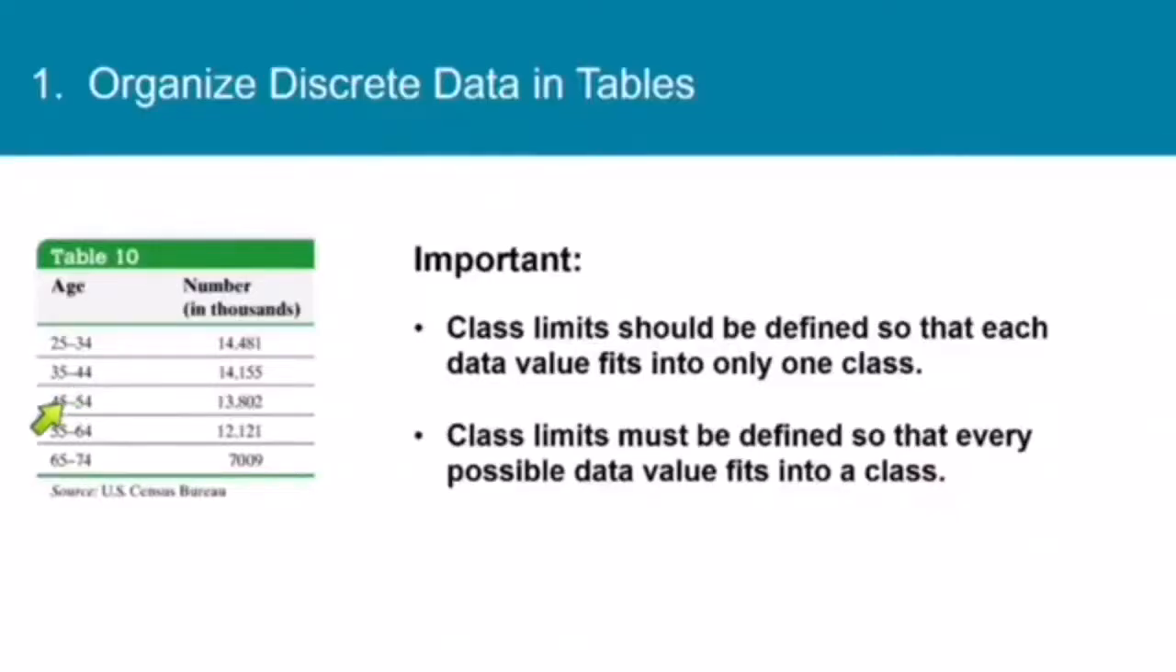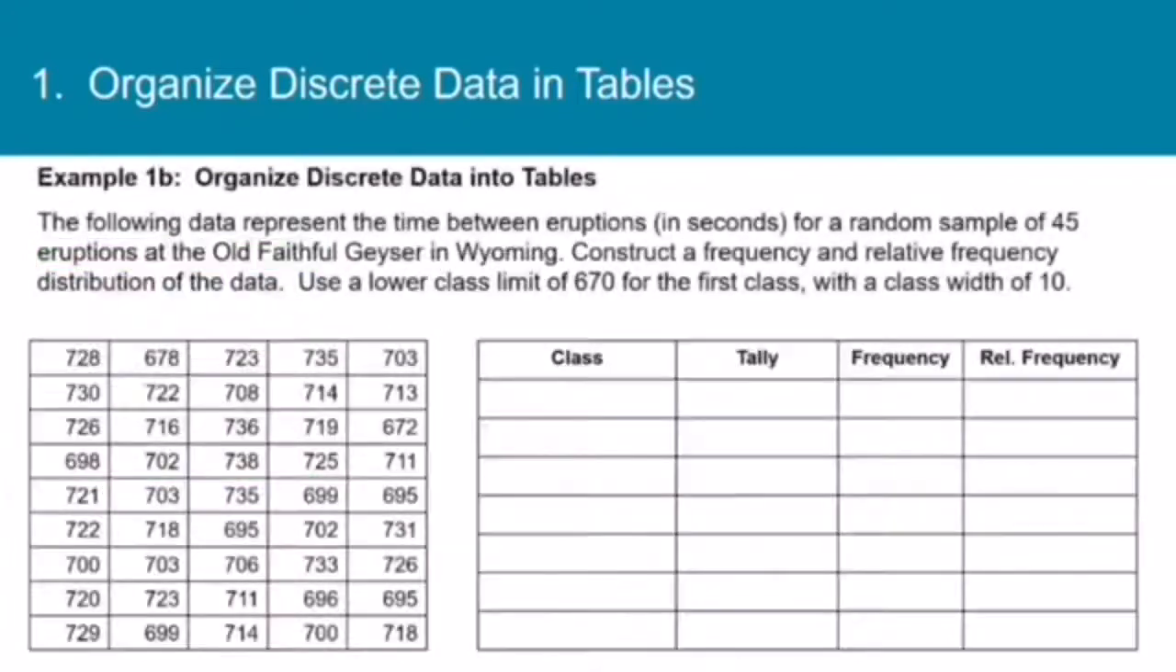So you can look at the upper class limit and the next lower class limit and see that they are consecutive, so every number will fit into one class or the other. And you can also see that they don't overlap, so no data value is going to fit into two classes. Now let's do an example with discrete data where we will have to form classes that cover a whole interval